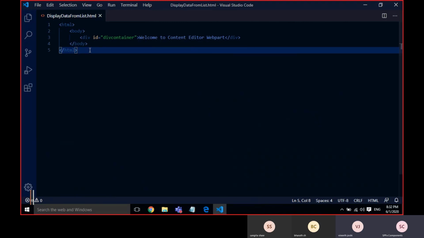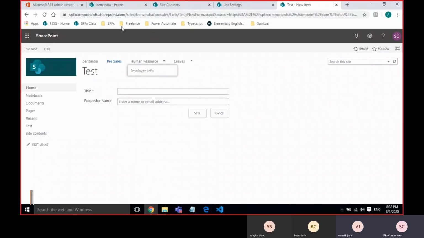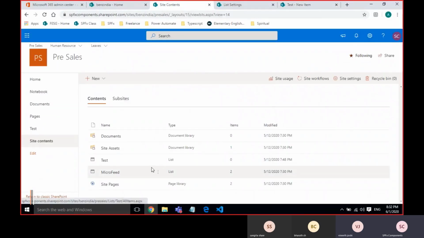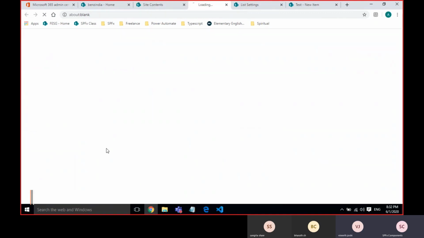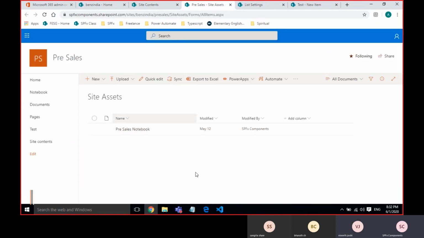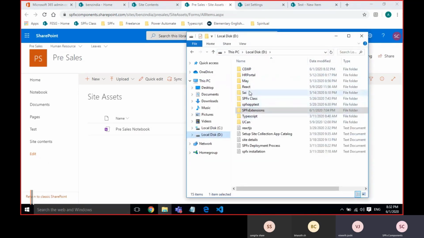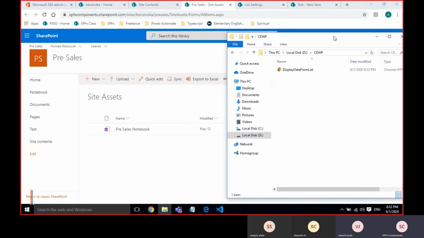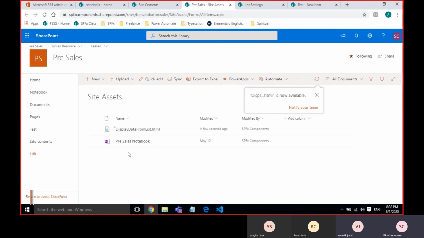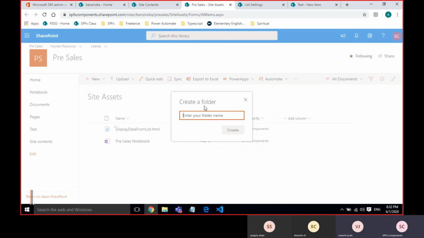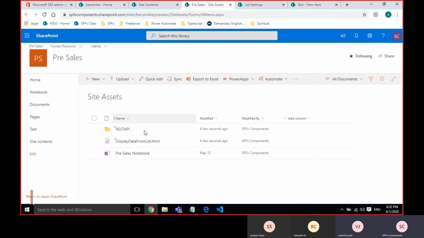So let me add this HTML file in SharePoint. I have site assets here. I'm creating one folder.